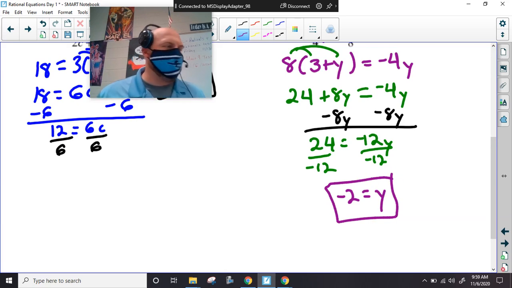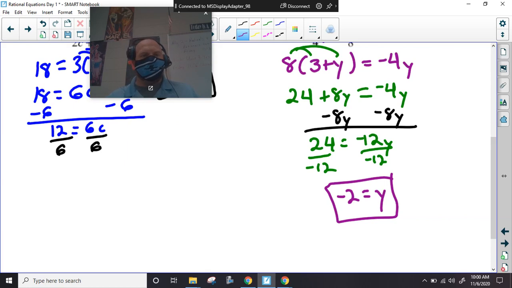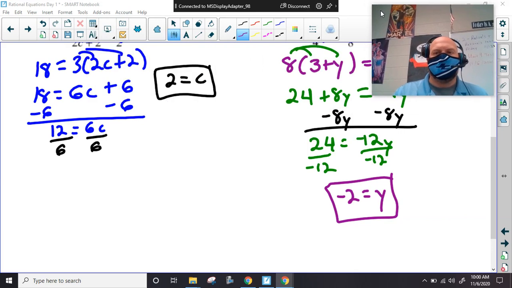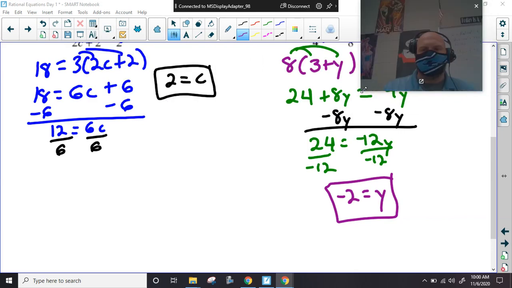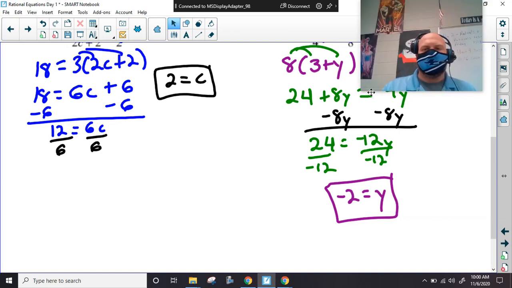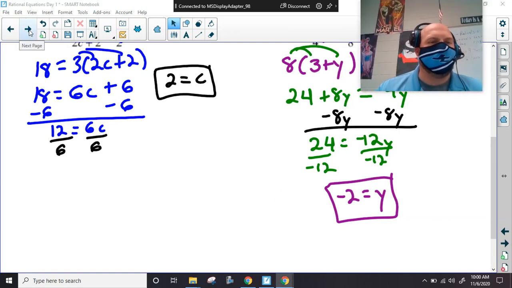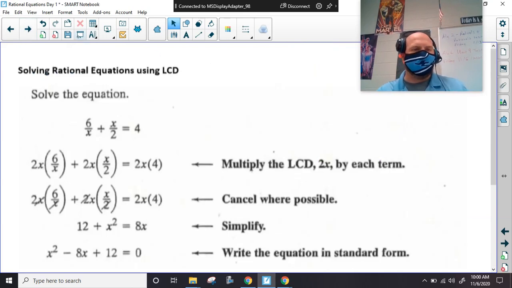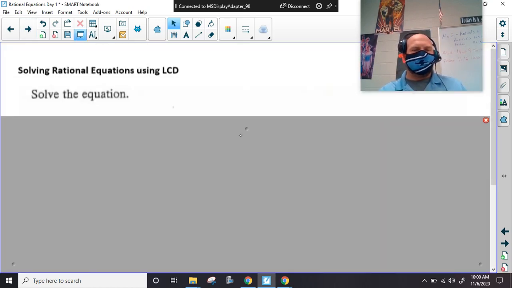Okay, so yeah, these are kind of easy. That's why we only had a few. But when we talk about rationals, we always have to talk, why won't this move? There we go. We always have to talk about, if we have these or something else. Now, this right here, this is kind of the main part